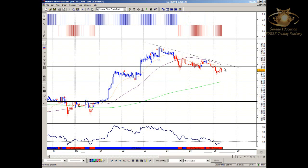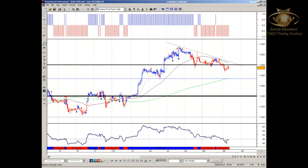Intraday on our hourly, 30-minute, and 15-minute time frames, if we find resistance here at 12500, notice we have swing lows on our intraday time frames depicting downside movement, and notice the RSI is trading below the 50% line. As long as it maintains these levels below the 50% line, then ultimately we're seeing negativity